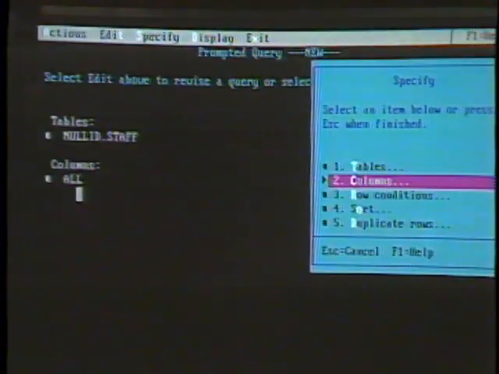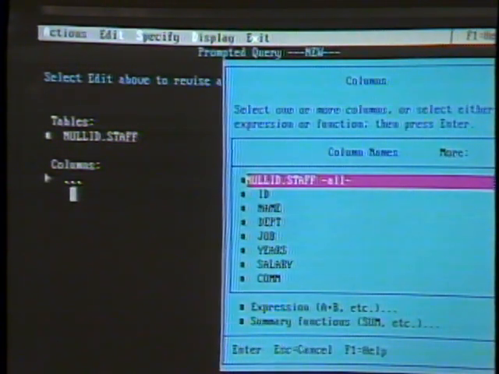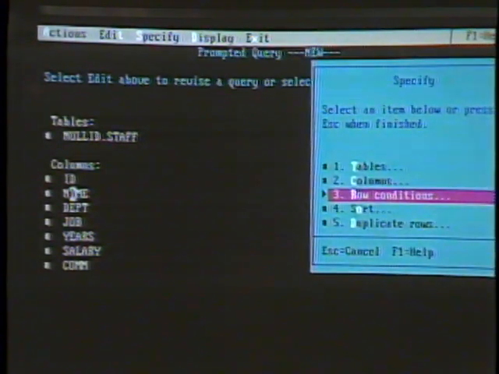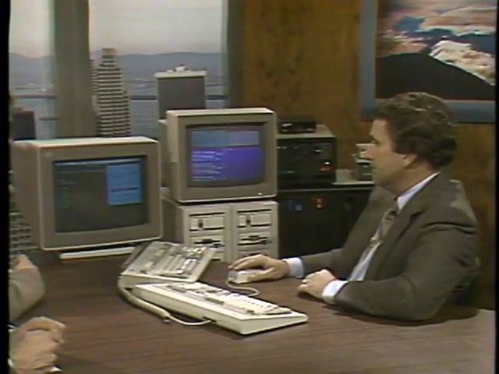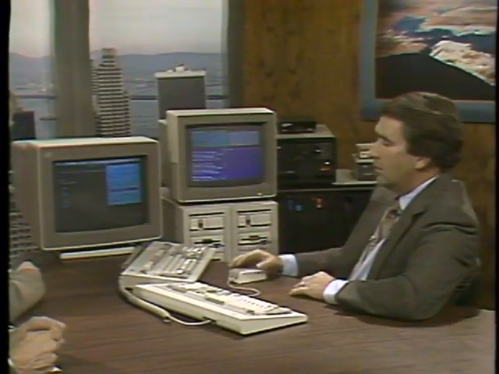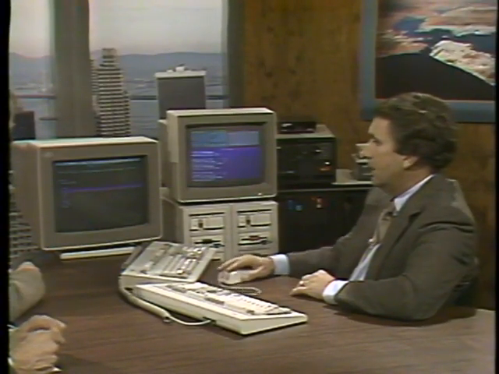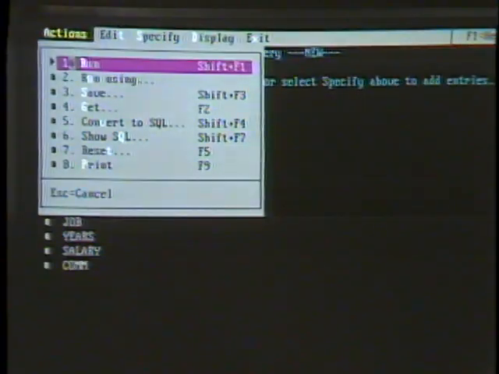Now it's asking me for what columns of data do I want, and I'm going to pick all of them. And so it lists all the columns on the left-hand side, and now it asks me for what row conditions. If I wanted to select if a name was equal to a certain thing or a quantity was a certain amount, I'm just going to go ahead and run this query and look at all the rows and columns to make it a little simpler and a little faster for us. So I go up here to Actions, and the first action is Run, and I select Run,